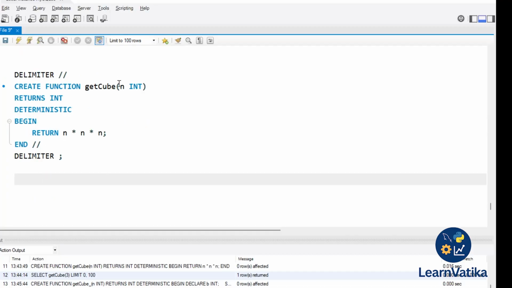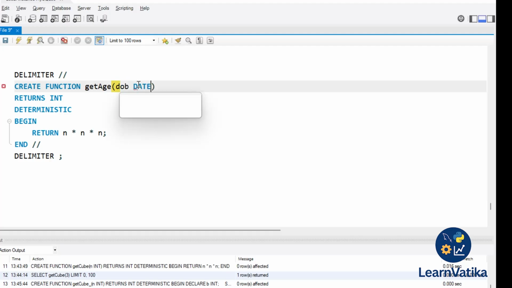What I need to change is the name to get age, and the date of birth will be of date type, and we are going to return